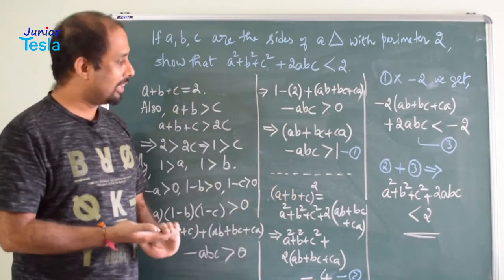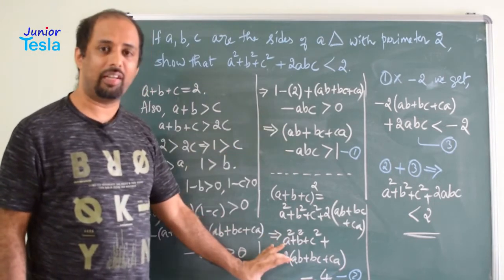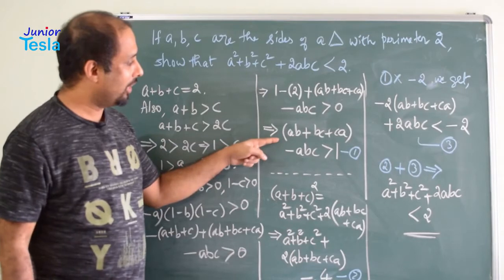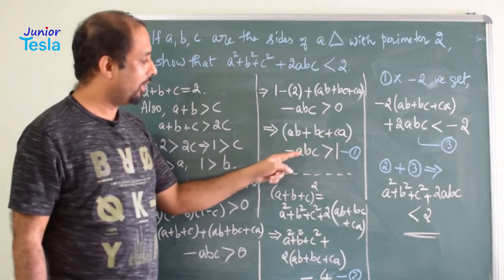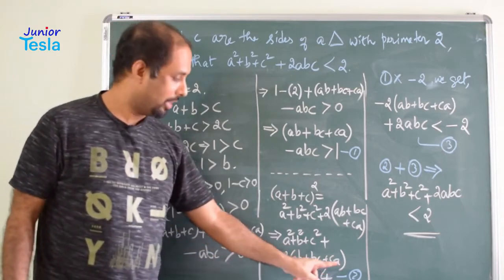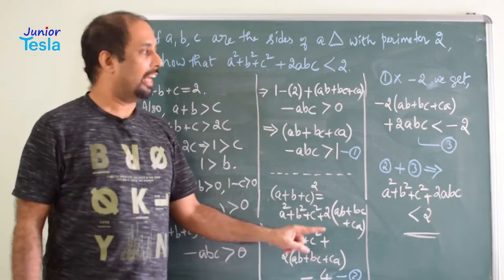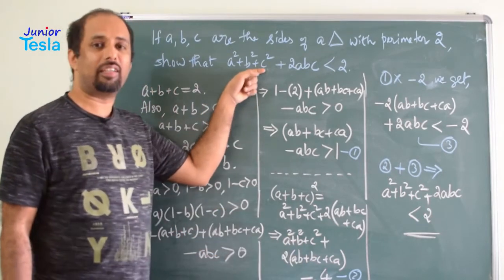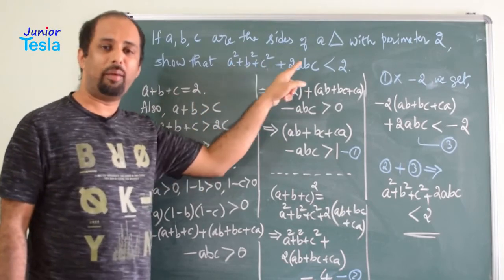Now just compare these two expressions. This is one inequality and this is one equation, right? Here we have ab, bc, ca terms, similarly abc, and here we have again ab, bc, ca terms, but we have a square plus b square plus c square term as well. Now you just see what is asked here. In the problem we have a square, b square, c square terms and abc terms.